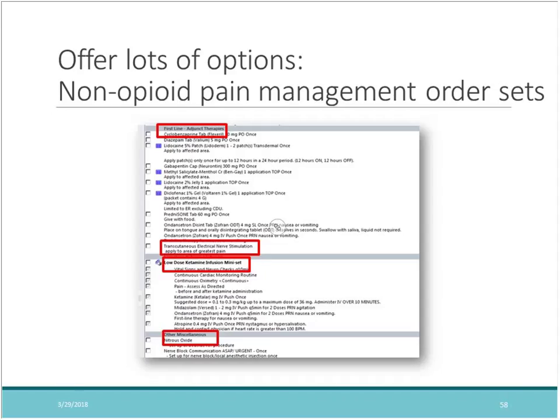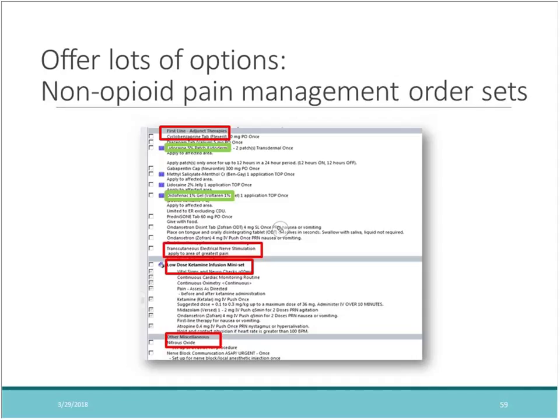And then lastly, we also have a low-dose ketamine infusion set, and we've tried to use that for more special patients who don't respond to really any of the other therapies, and we have a protocol written up for that for our hospital. And just going forward one slide, you can see I'm highlighting two medications that have been extremely